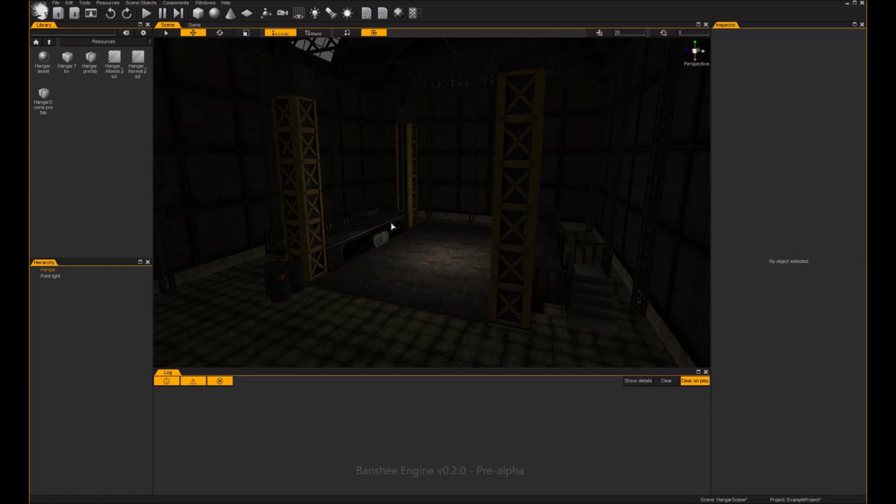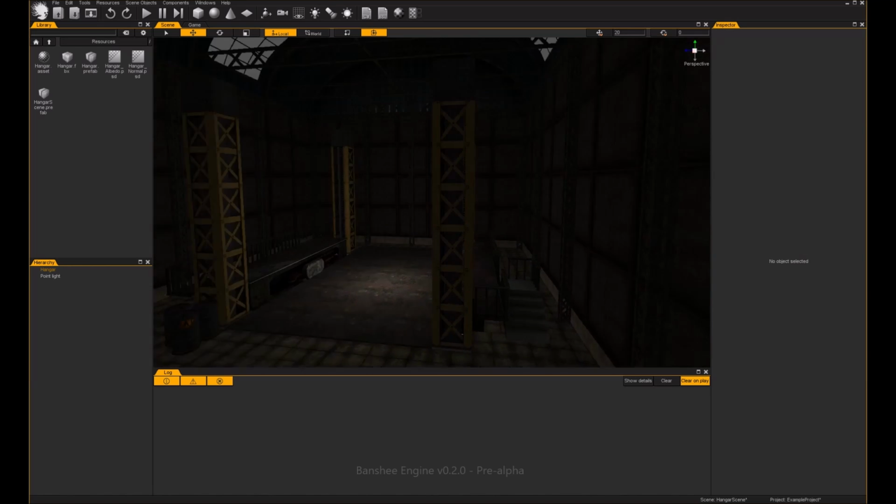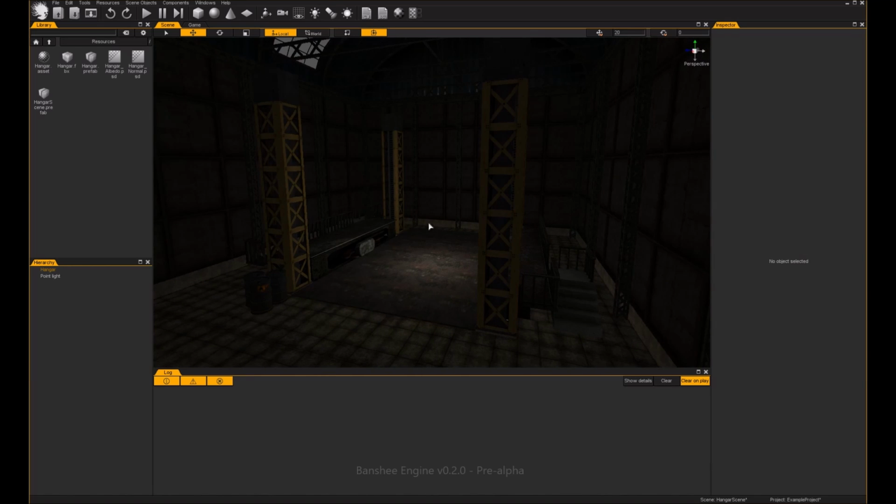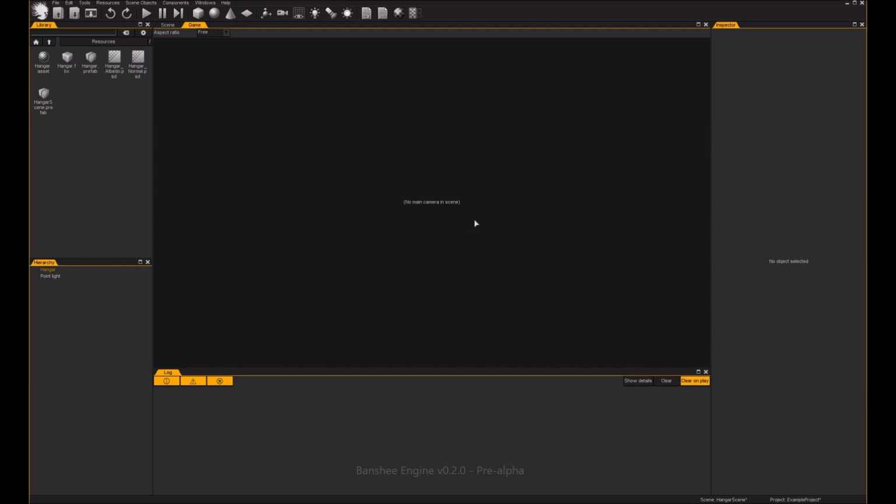Okay, so we now have our level, it's saved, but we still can't interact with the level. The first thing we need to add is a way for the player to see the level. This camera right here is a debug camera, it's not what the actual player sees. The game view shows what the player sees, and what we can see right here is that we have no